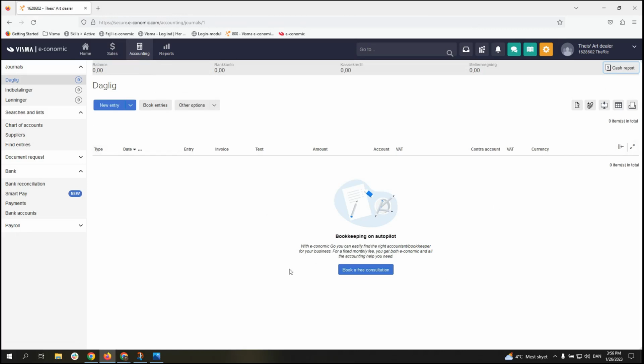So this is kind of like a sandbox of journals. So in our accounting tab, we are gonna see what we're gonna do when our customer pays the invoice that we've just sent them. As of course, it is a natural thing to have expenses as well in a company. We're gonna see how to register when we get an invoice from a supplier and when we pay the invoice to the supplier. So first off, in order to create a new entry, I'm gonna press the blue button, new